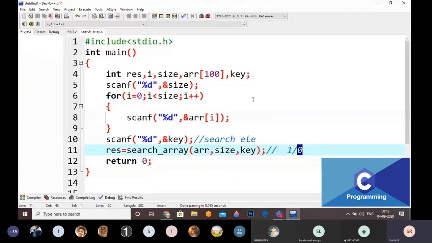If the search element is found, instead of 1 I am passing the position of the element. For example, if it is 2 or 3, anything other than 0 means the element is found, and it is the position of the element in the array. Okay, this is a positive number.